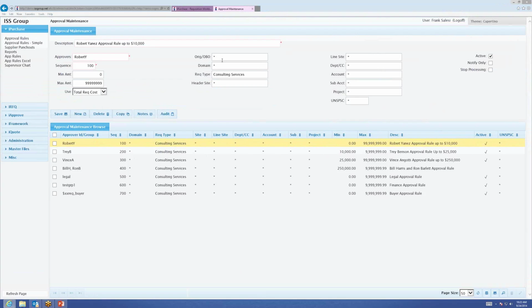And what I mean by that is, let's say we decided that the domain also had to be US, in case you have multiple domains. If I change this domain from star to US, this rule would only be accepted if domain and the rec type was consulting services. There are no OR statements in here. So everything in the top, in the approval rule, has to be true in order for this approval rule to be added to a requisition or a sales order